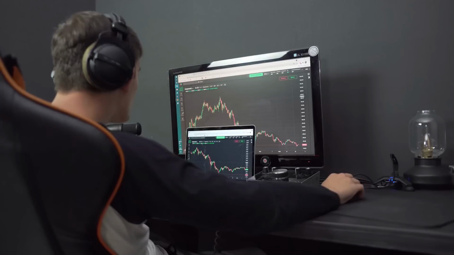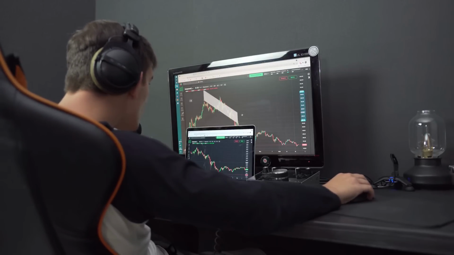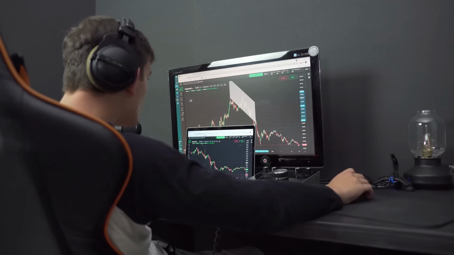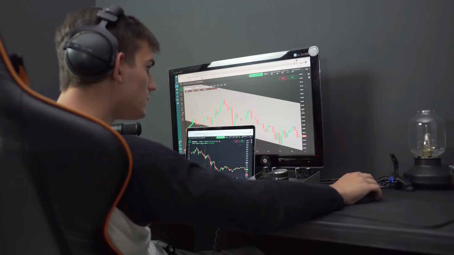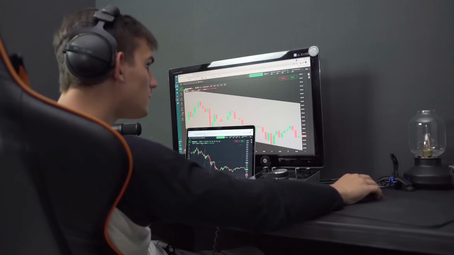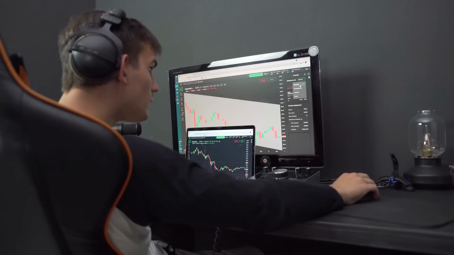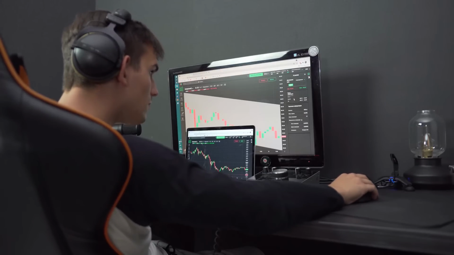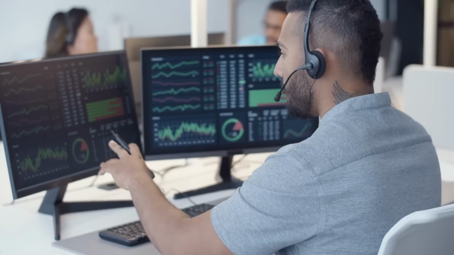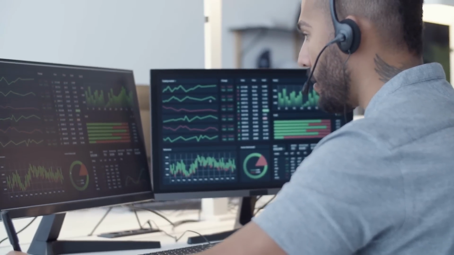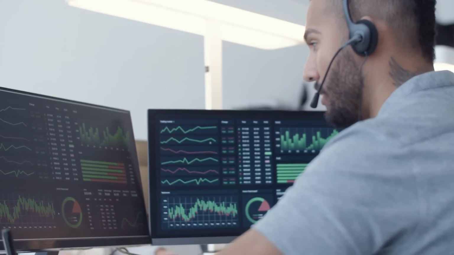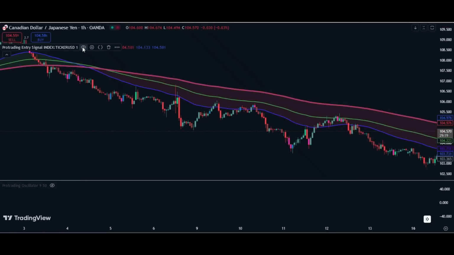And this indicator and strategy which we'll be explaining will work better on the 1 hour time frame. That does not mean that you cannot use it on any other time frame, but we see that the optimal performance of this strategy is on the 1 hour time frame. With that being said, let's move in and see how this indicator looks. The first indicator which we will be sharing today is our pro trading entry signal. So the pro trading entry signal indicator